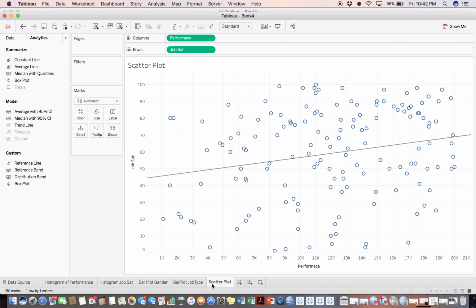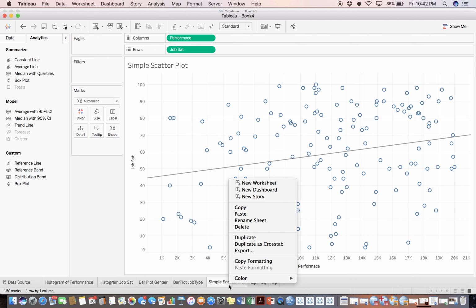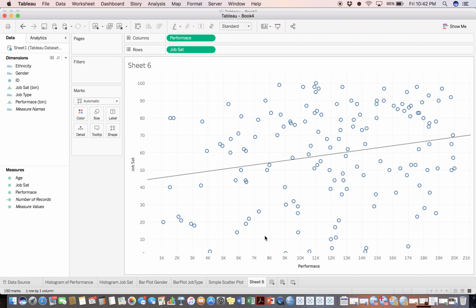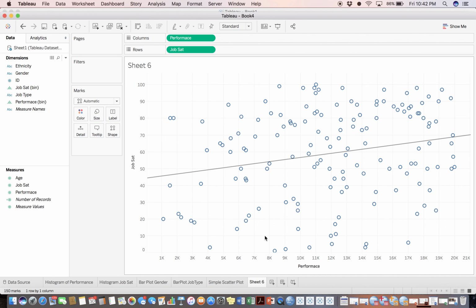This is a pretty simple scatter plot. There we go. All right. And then what I'm going to do is I'm going to duplicate our scatter plot that we just created, and I'm going to throw in some variables, right? So this is